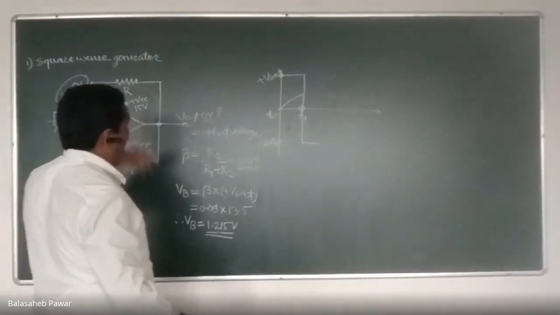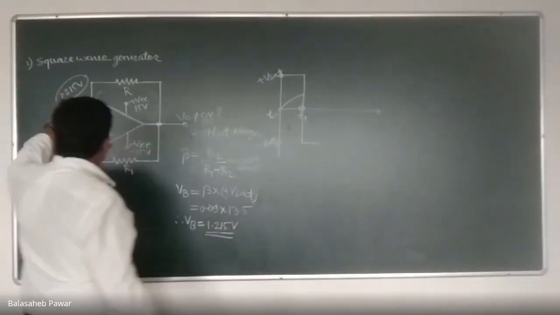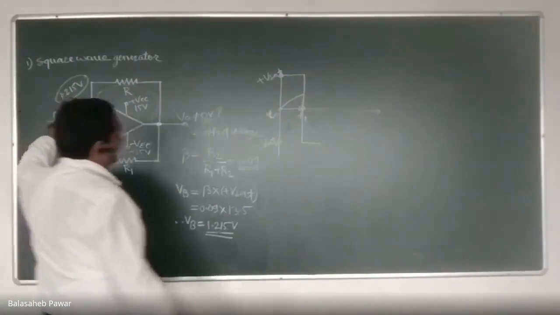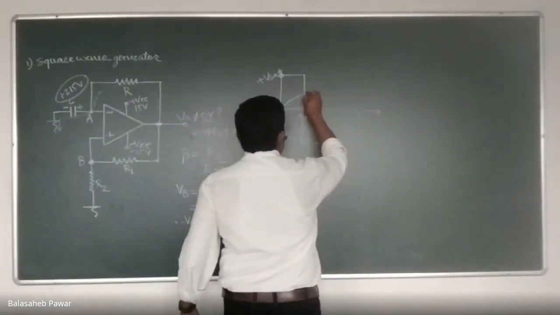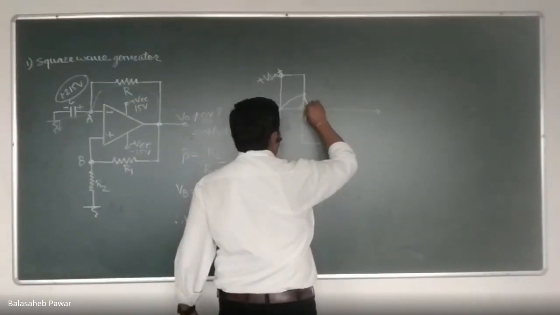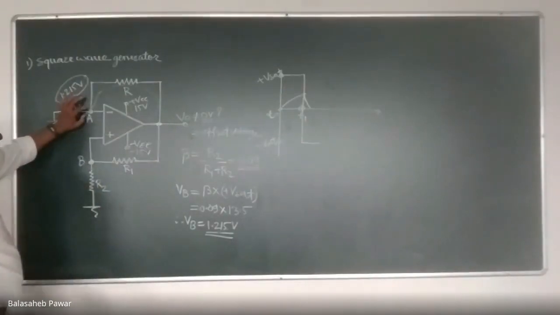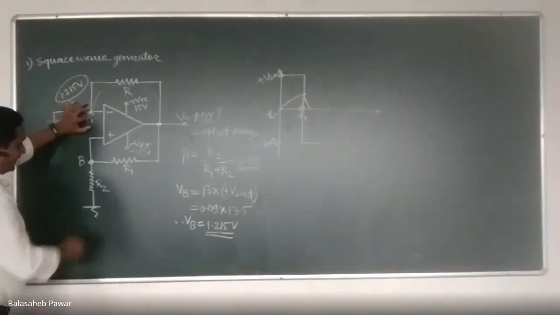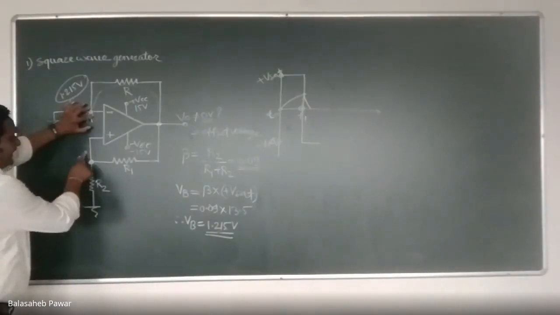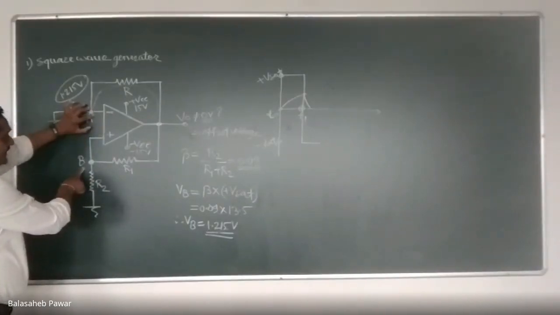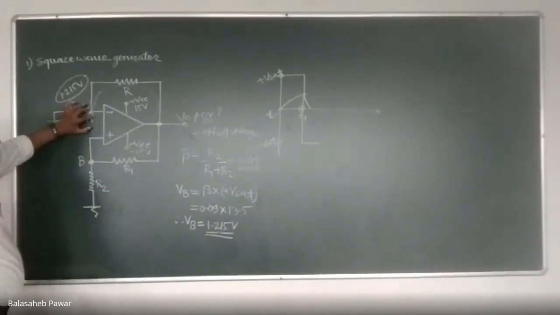Now see what will happen later on. Now this capacitor will start to discharge. It will get discharged like this. But whenever it gets totally discharged, it will be at 0 volts, suppose. But still, the node B voltage is negative. So 0 volt is greater than this negative, and that's why the output of the op amp will remain minus V sat.